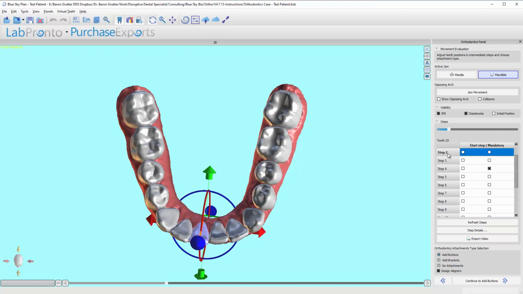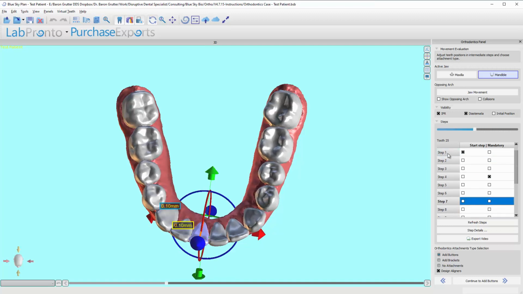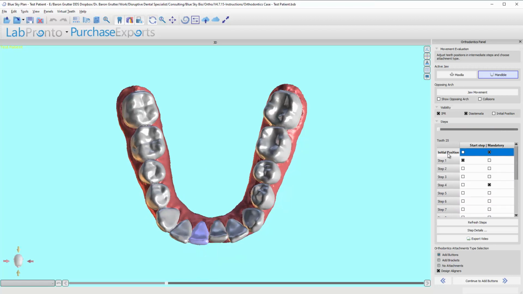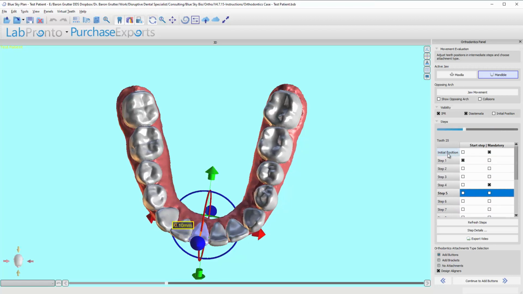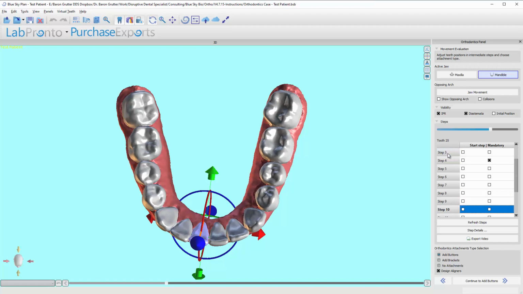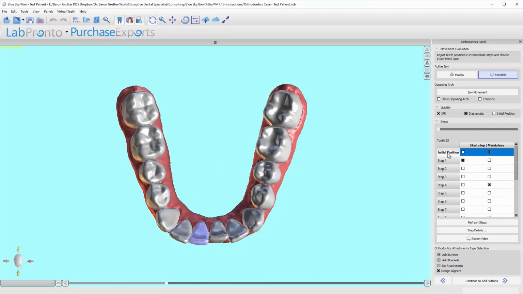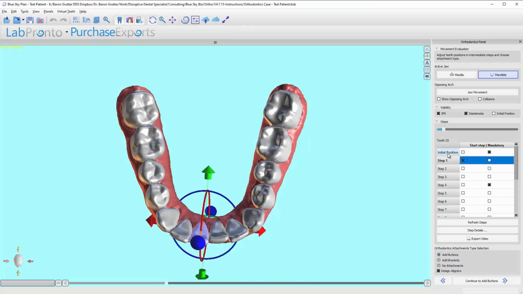Notice that sometimes we might find a tooth that interferes with another. You see that we're finishing without any IPR, but throughout treatment there are some areas. Now, I don't recommend that you IPR just to make space for movement, because you're going to be left with open spaces. The software tries to avoid these collisions, but it's not always able to in the way we might want it to. So if there's something you want to do, if you want to delay a tooth from moving, for instance,